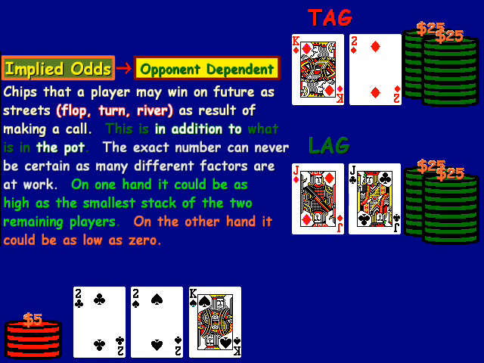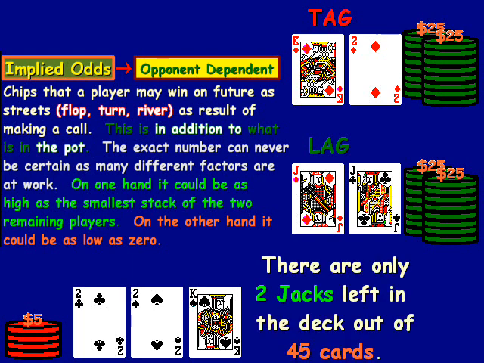Okay, we've got a pot here, $20. Now there are only 2 jacks left in the deck out of 45 cards that can help the lag. Lag doesn't necessarily know that, but if the tag actually has what the tag has, the lag can't win very often. That comes out to approximately 4.4%. However, in this case, implied odds are actually very high,